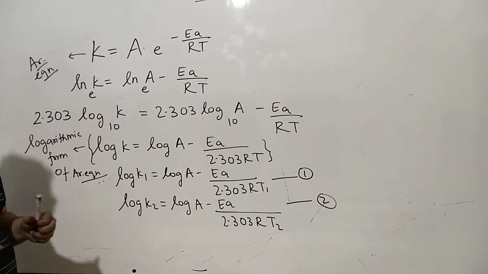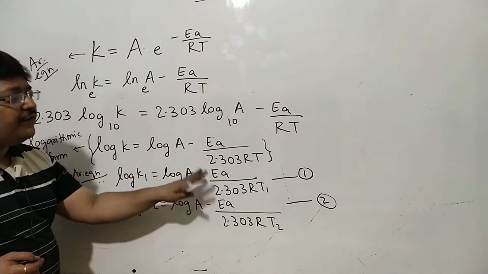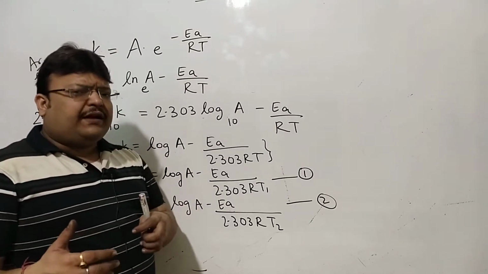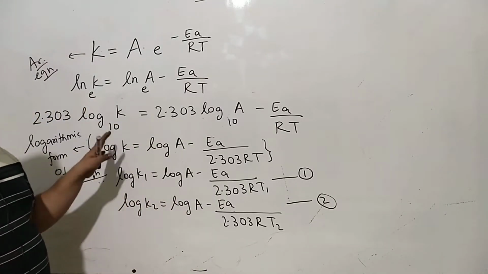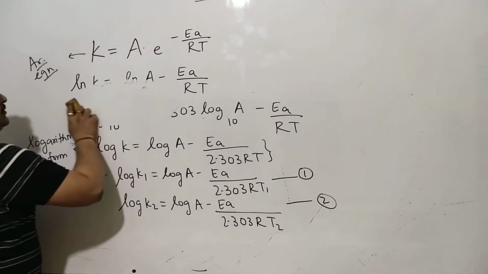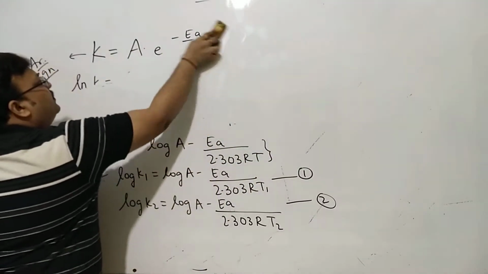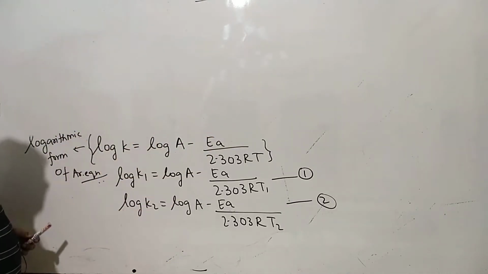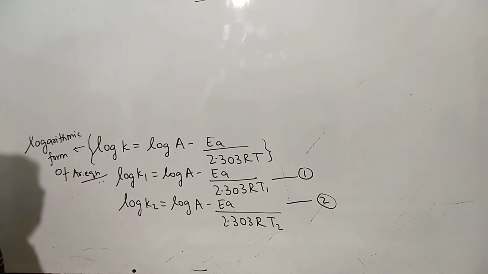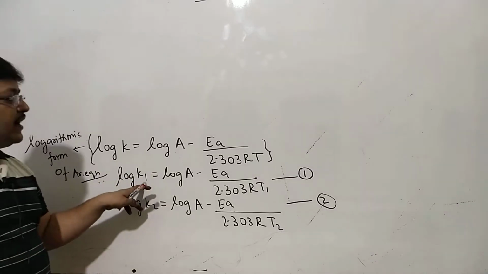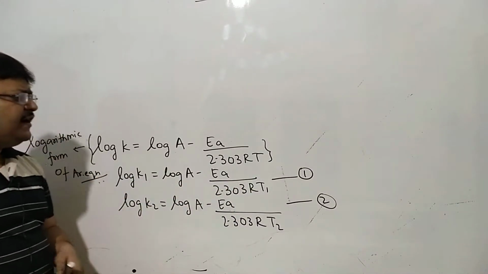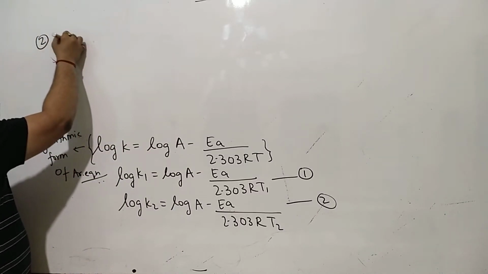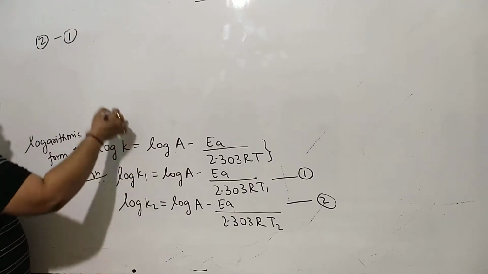And now, from equation 1 and 2, I'll want to derive a formula which can give me the result right away. So yet again, removing this clutter, we'll want to talk about equation 1 and 2. From the logarithmic form, I get equation 1, K1 at temperature T1, K2 at temperature T2. And suppose I write 2 minus 1, now log A minus log B is log A by B.